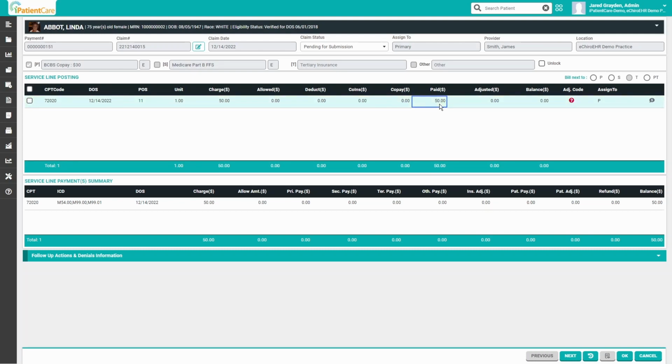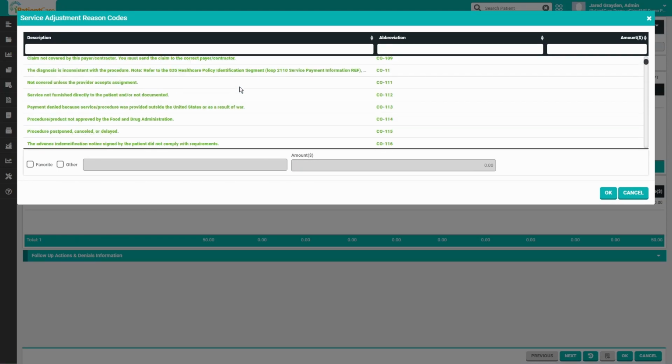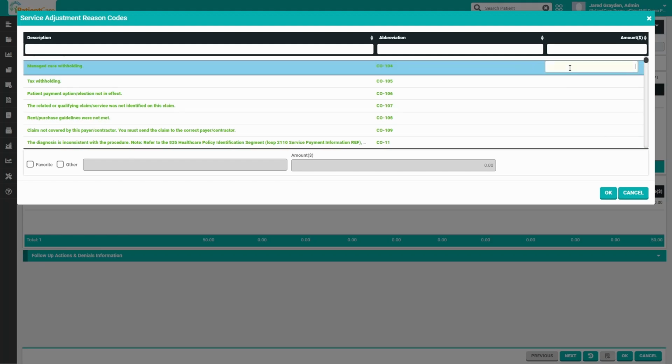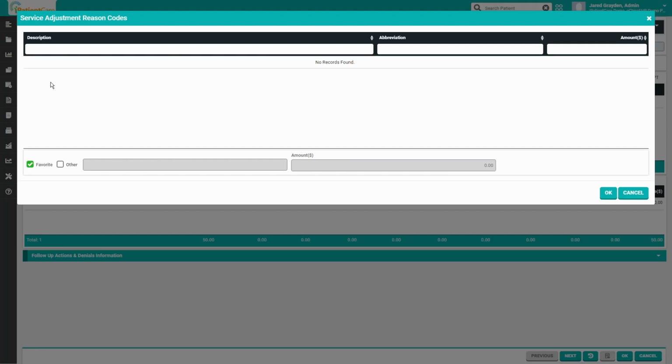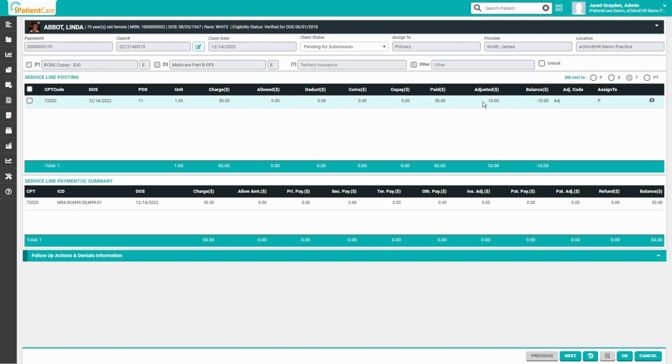So we'll say $50. We can put in adjustments as well, adjustment codes. Now you can't actually click into this dollar amount field. Instead, to actually put in an adjustment, you have to click on this question mark here. And then you can select one of the existing adjustment codes you might have in the system. So you would simply click on it, and over at the right hand side, put in whatever you would like the adjustment amount to be. Or alternatively, if you want, you can mark certain ones as favorites to make them easier to find, or on the fly, simply put in a code that you would want to make as an adjustment and then put in your dollar amount. I'll just do that here quickly in this case,